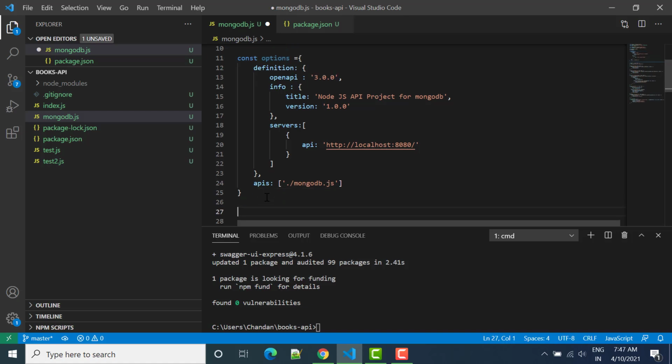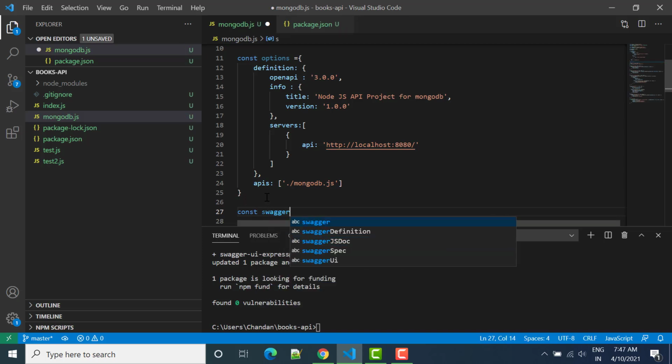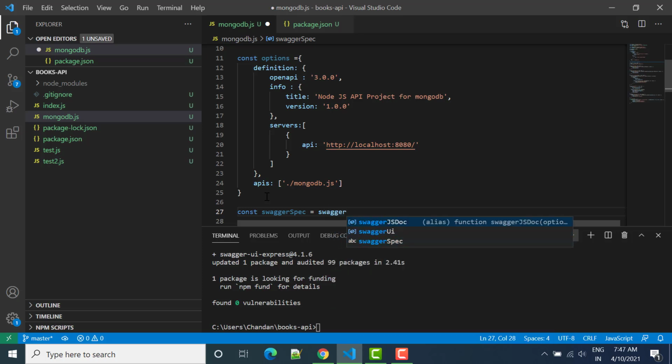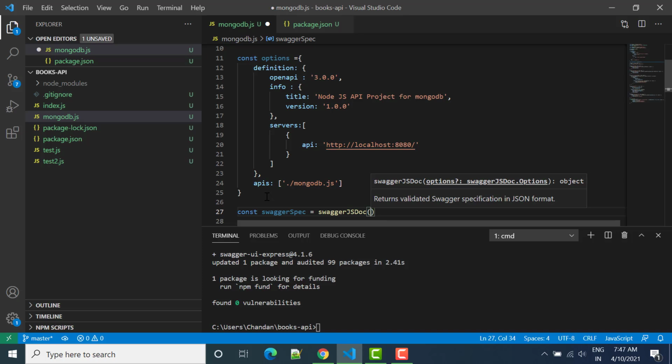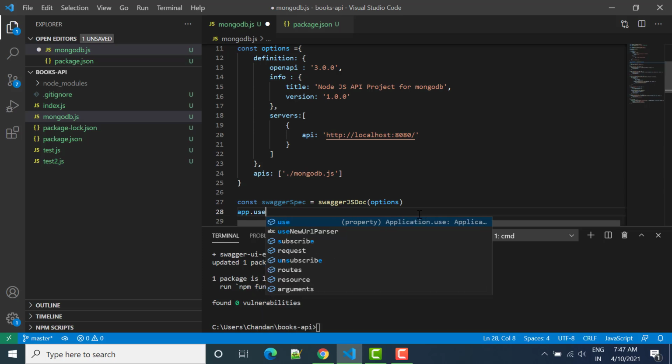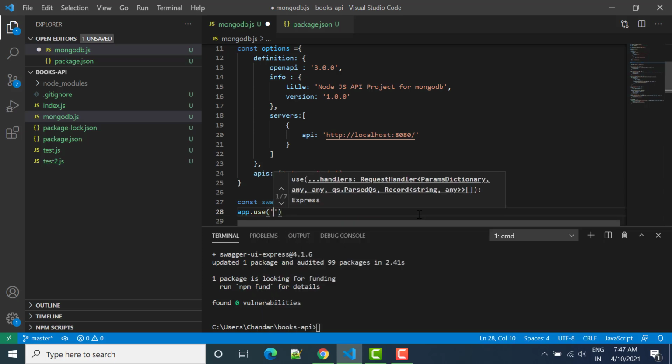For that we can write const swaggerSpec equal to swaggerJsDoc, and then we pass here options. This particular options object we pass to swaggerJsDoc, and then we write app.use, and inside we say our /api-docs.